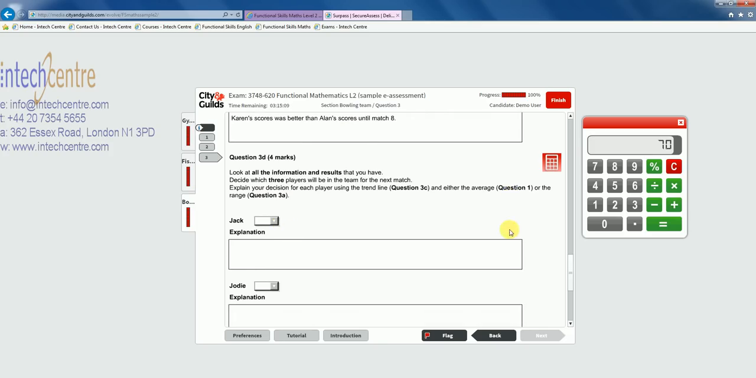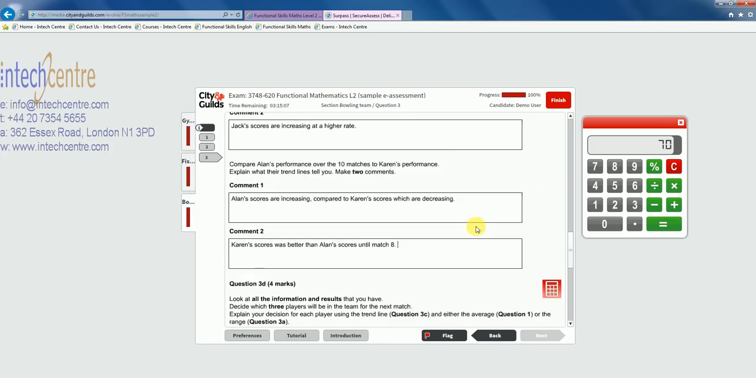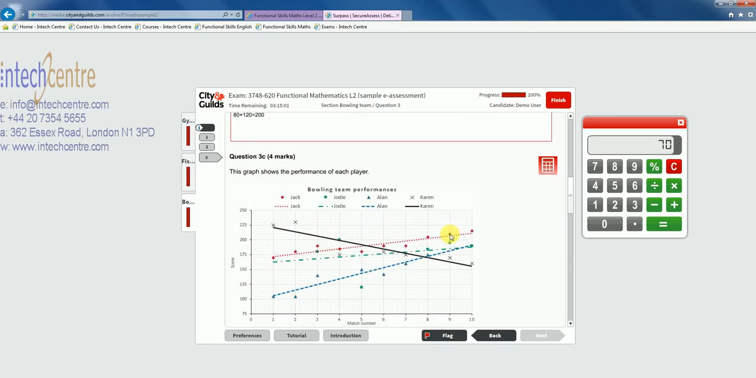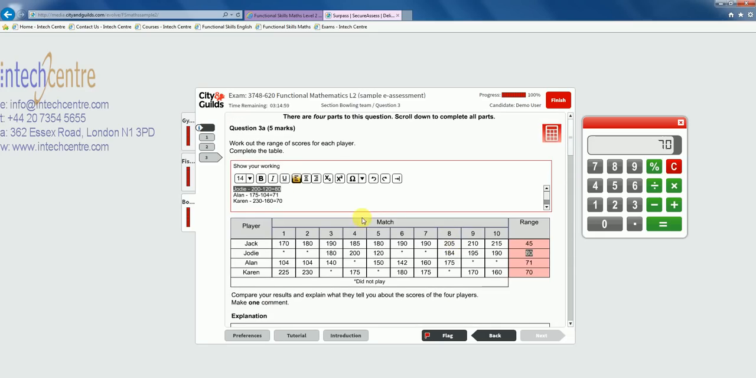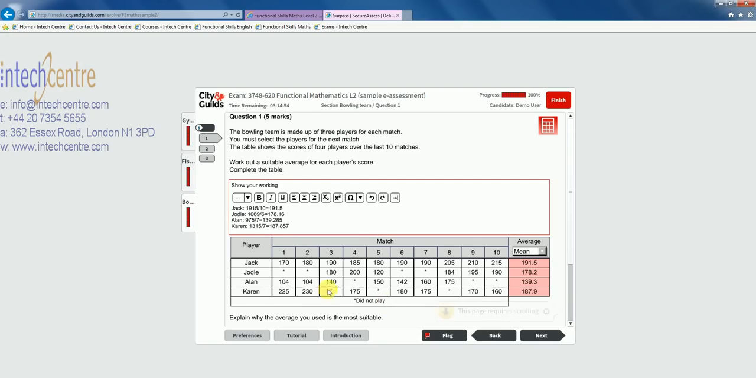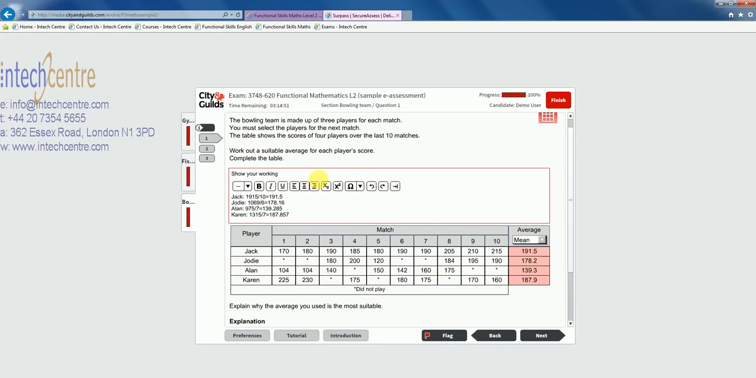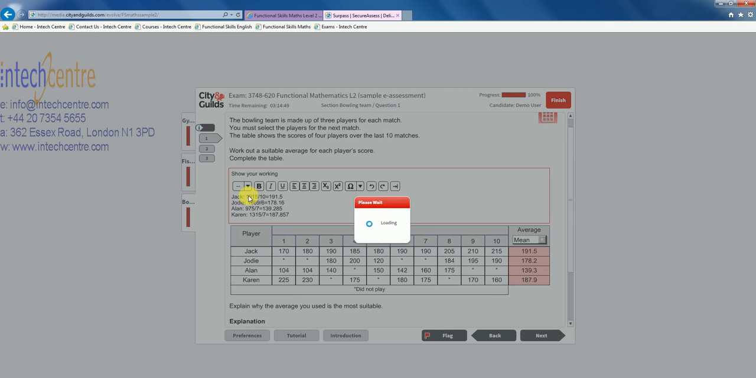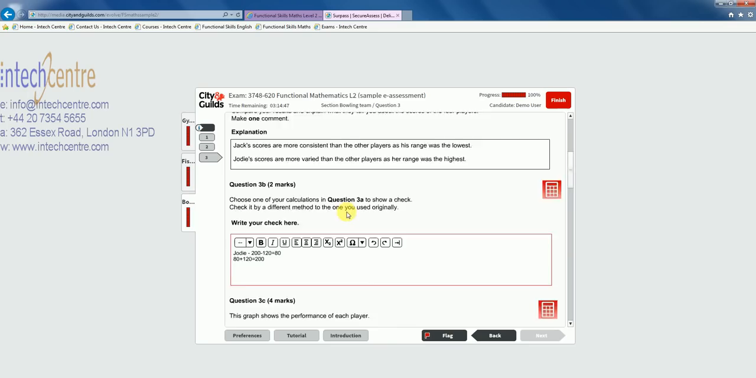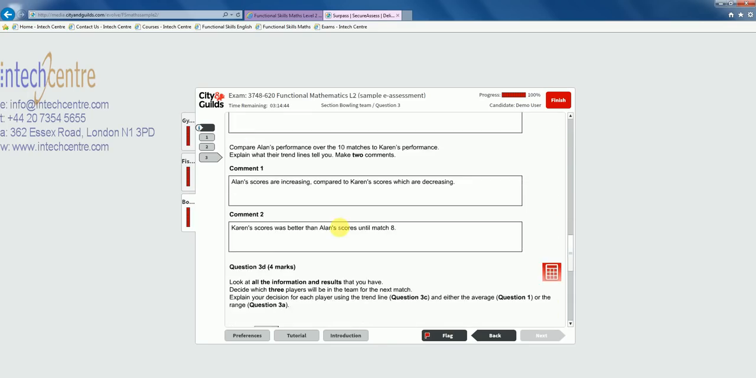So Jack. Jack probably had one of the highest averages, yeah, he had the highest average. Let's double check it, and he had the lowest range. Yep, so 191.5 was the highest. If you have the scores written down, it saves you time having to go back and look for the information. So, yes,